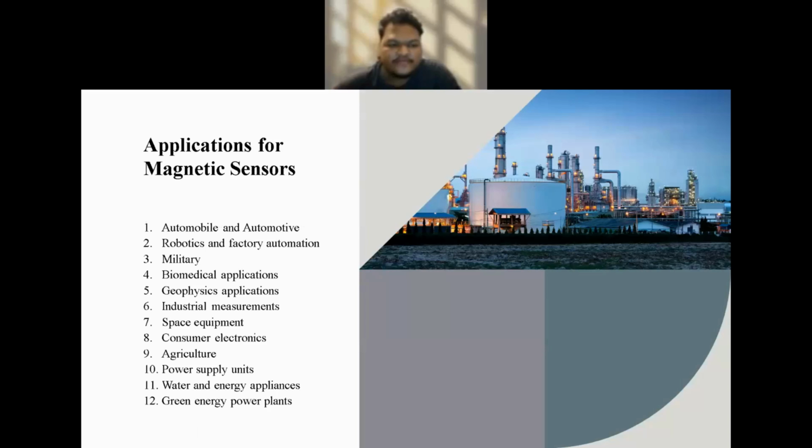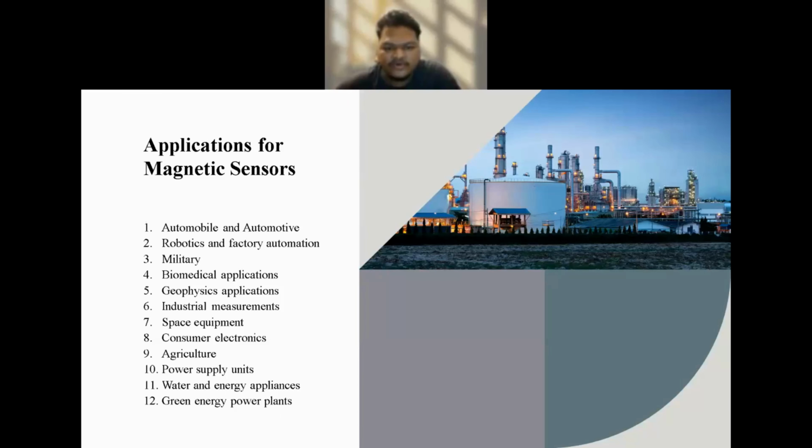Applications of the magnetic sensor. First one is automobile and automotive, second robotic and factory automation. Third, military, biomedical application, geophysics application, industrial measurement, space equipment, consumer electronics, agriculture, power supply unit, water and energy appliance, green energy power plant. Next is for